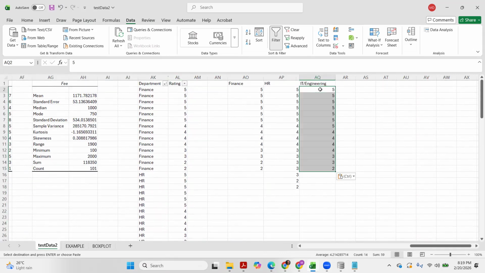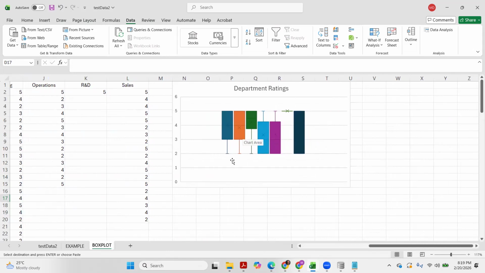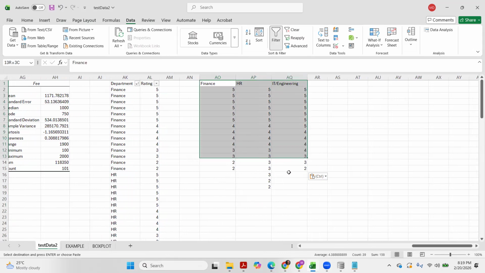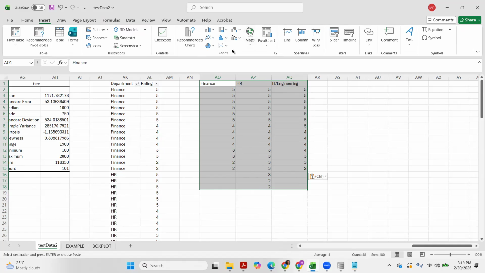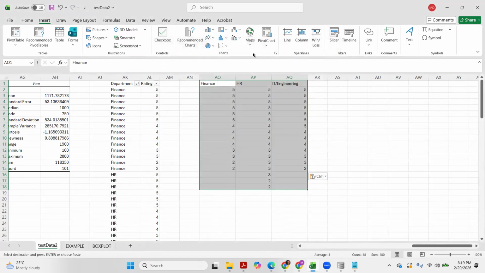Okay, so we can actually perform ANOVA, analysis of variance, but that's kind of advanced already. But for now, we just do something like this. We generate the box plot. Okay, so given this, let's highlight everything and go to insert. So box plot is not among the default or the top choices in the charts. So to look for the box plot, just click this one, right?